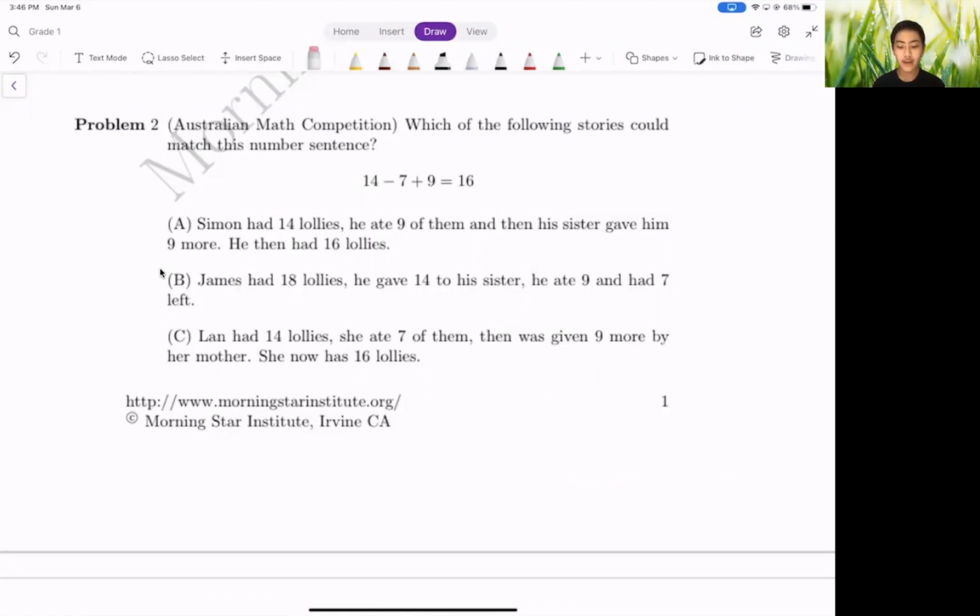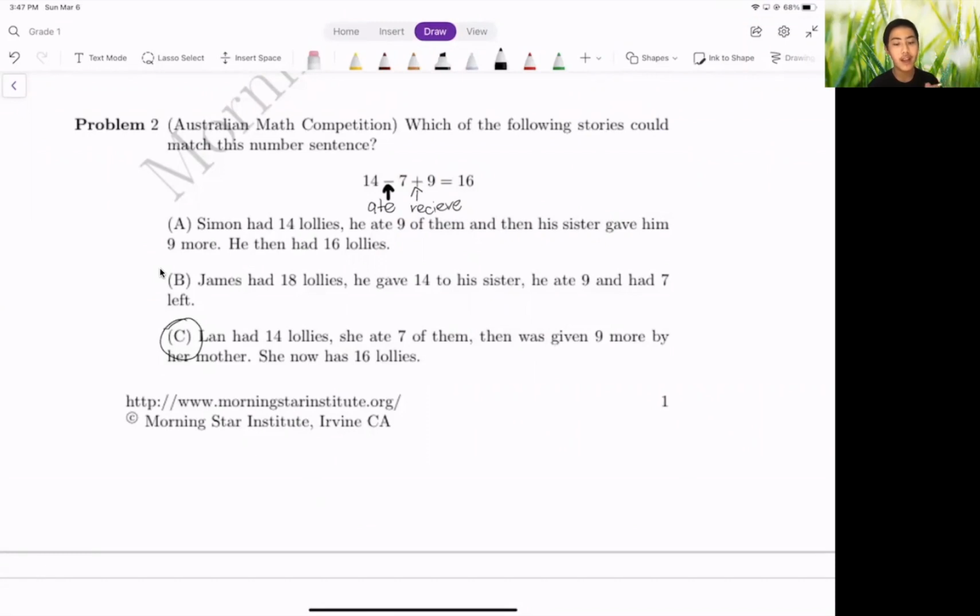14 minus 7 plus 9 equals 16. So just as a heads up, minus is equal to 8. While add, the addition is equal to receive, or he got. So looking down at these, we can eventually find out that the answer is C because it matches all of